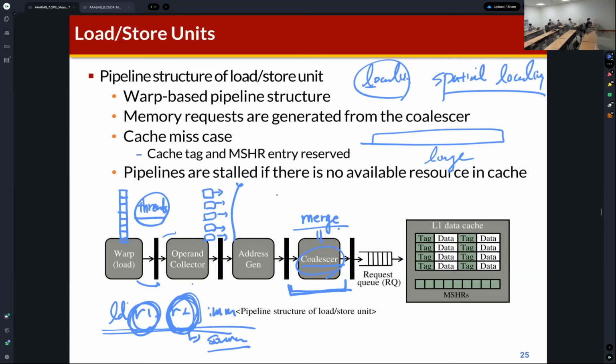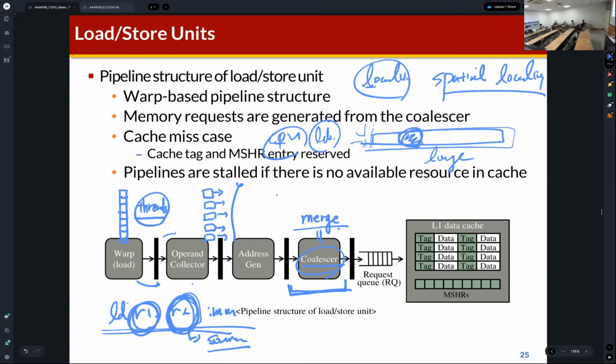So think like the CPU, which means that when the CPU executes the load instruction, even though this load instruction requires this size of the data, the cache requires one cache line size of data,